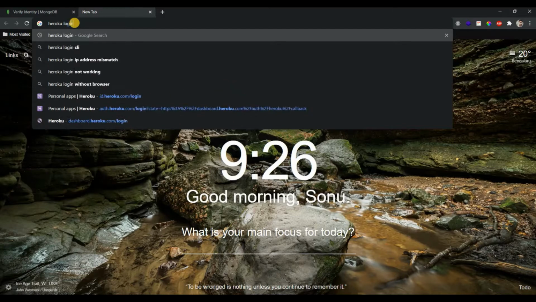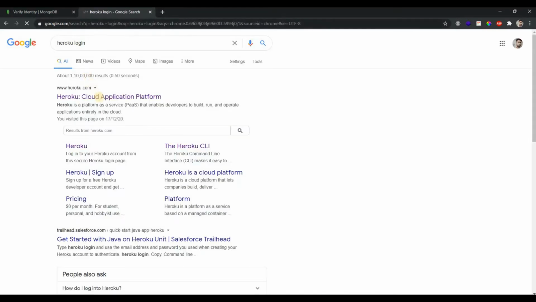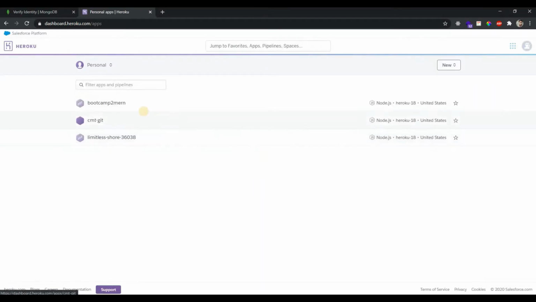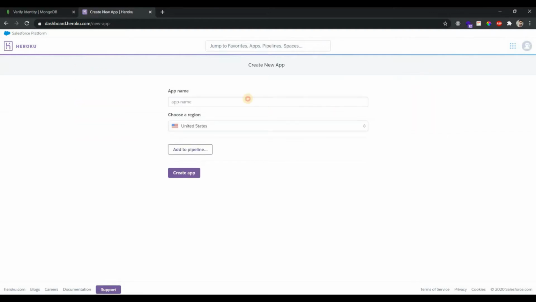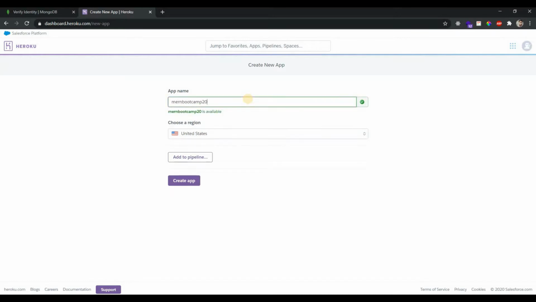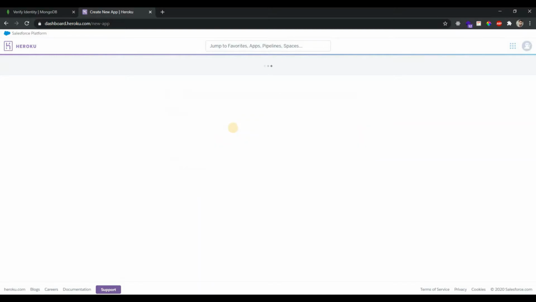Okay, fine. So we'll talk about it later, but let's go ahead and see if we can deploy our app. So we'll start off with Heroku login. Over here in Cloud Application Platform, I have some of them created, so I'll just start off with a new one. Click on create new app. Provide an app name like Mern. If that app name is not available, you'll not be able to give it. Okay, so I'm just giving Mern Bootcamp 20, and then I'll just click on create app.